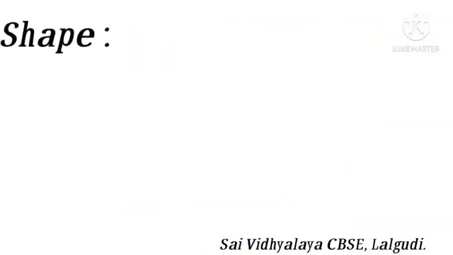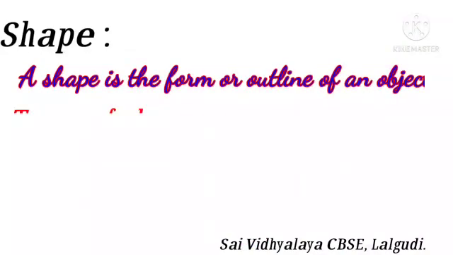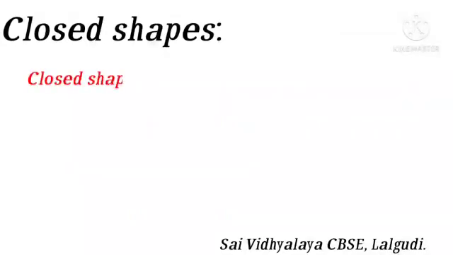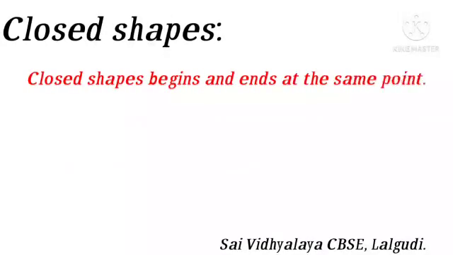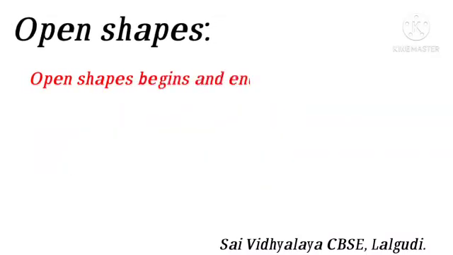Shape. A shape is the form or outline of an object. There are two types of shapes, closed shapes and open shapes. Closed shapes begin and end at the same point. For example, triangle, square. Open shapes begin and end at different points. For example,